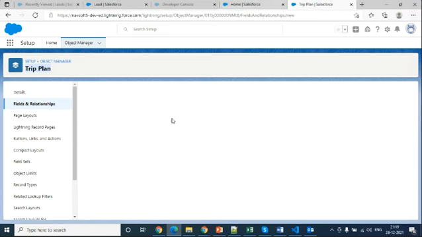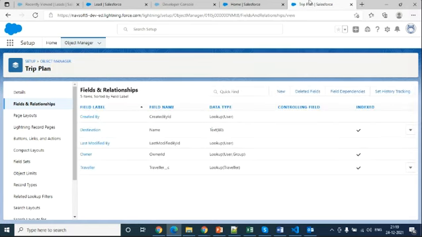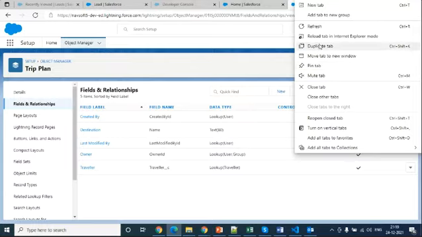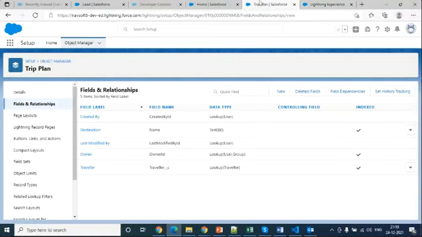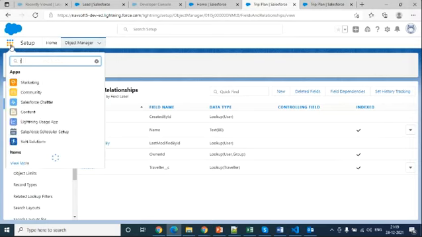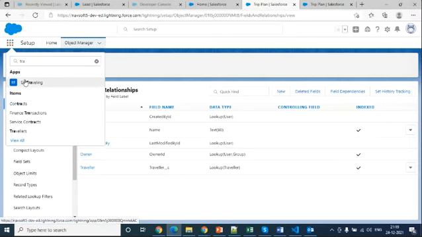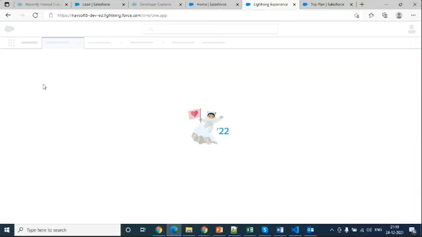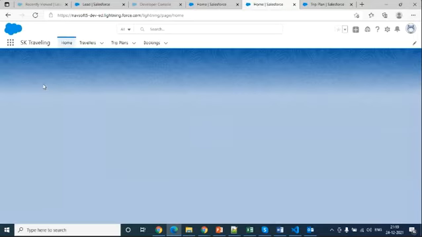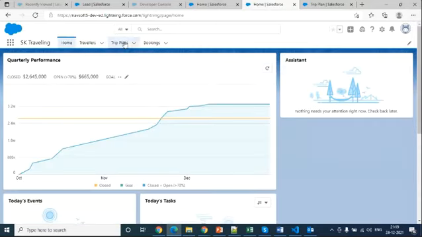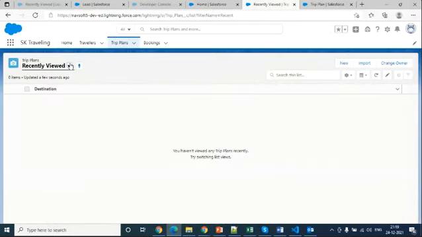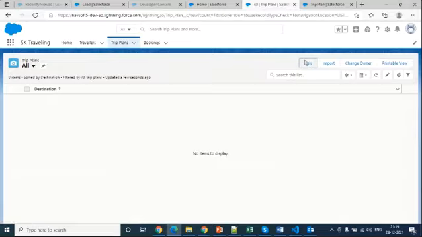So what will happen if you go there? Open that. If you go to Travelers, open, click New.